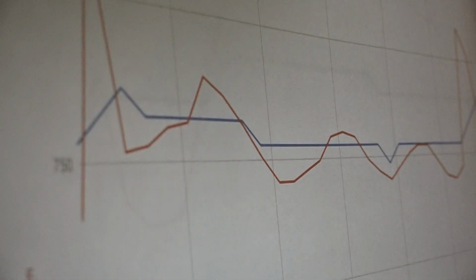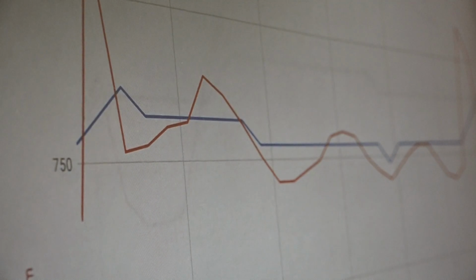We'll let it sit there for a period or 2, and then we'll take it to the next classroom. And at the end of the day, we'll download all the results to an Excel spreadsheet, and we'll convert those into a graph, and it gives us a real good visual of the classrooms that we tested. And if we find any problems in the classroom, if the CO2 levels are higher than what ASHRAE recommends, we'll